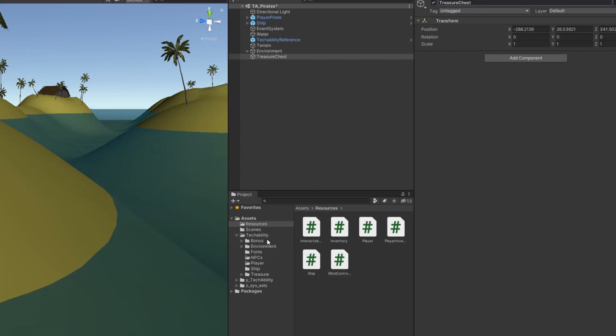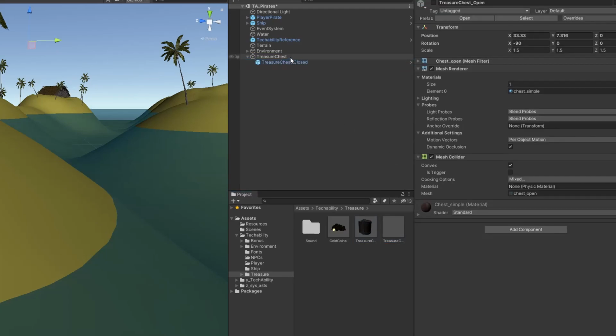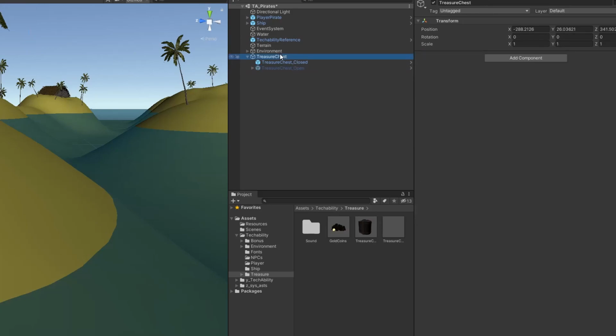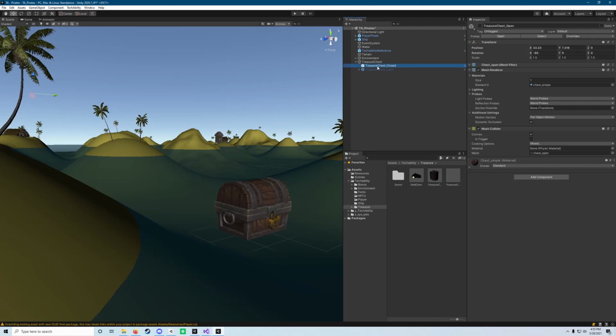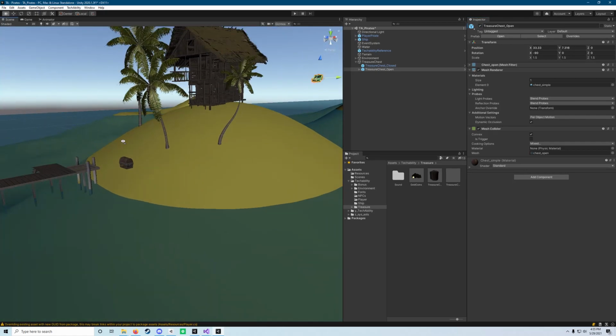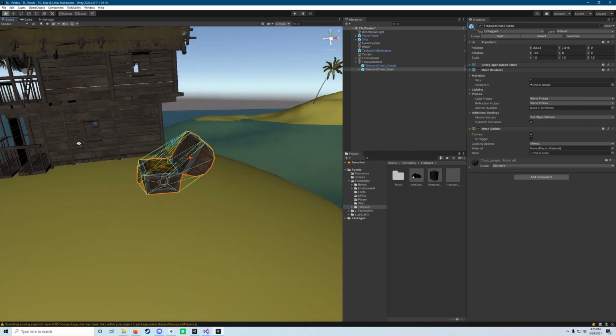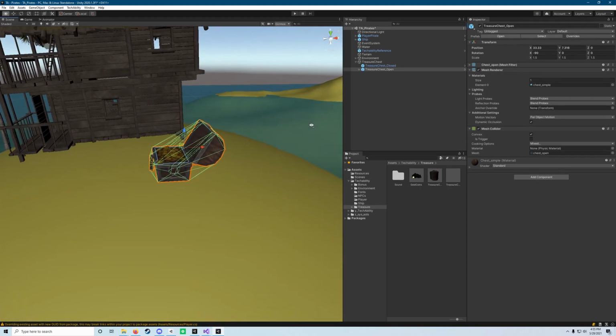Next, what we want to do is head into our Techability folder from the Assets panel, and we're going to go into the Treasure folder, and we're going to drag the Treasure Closed prefab and the Treasure Open prefab both onto this empty object, directly onto it. And what that's going to do, you'll see one is grayed out and one is not. If you click on this little checkbox up here, you should see, oh look, it's way up over here. So you'll see it's not where we want it exactly,